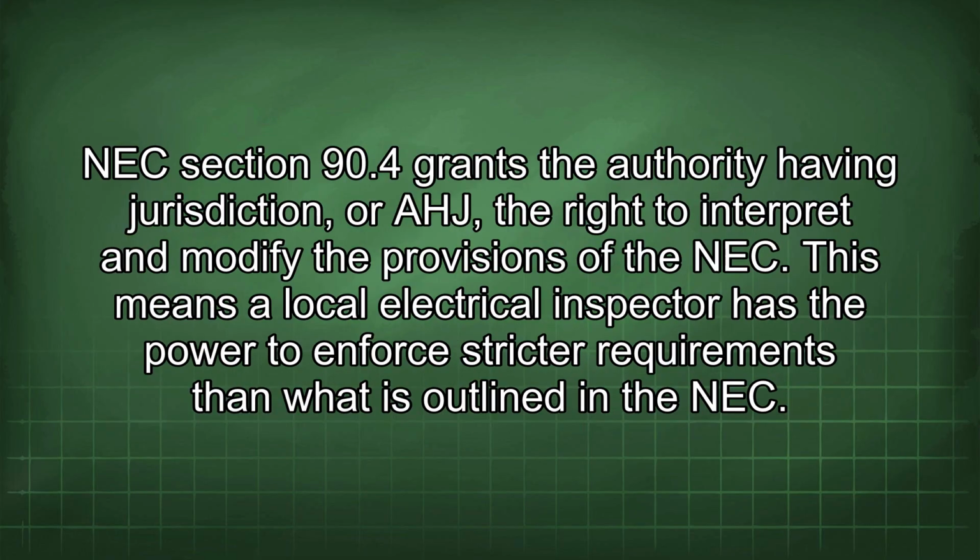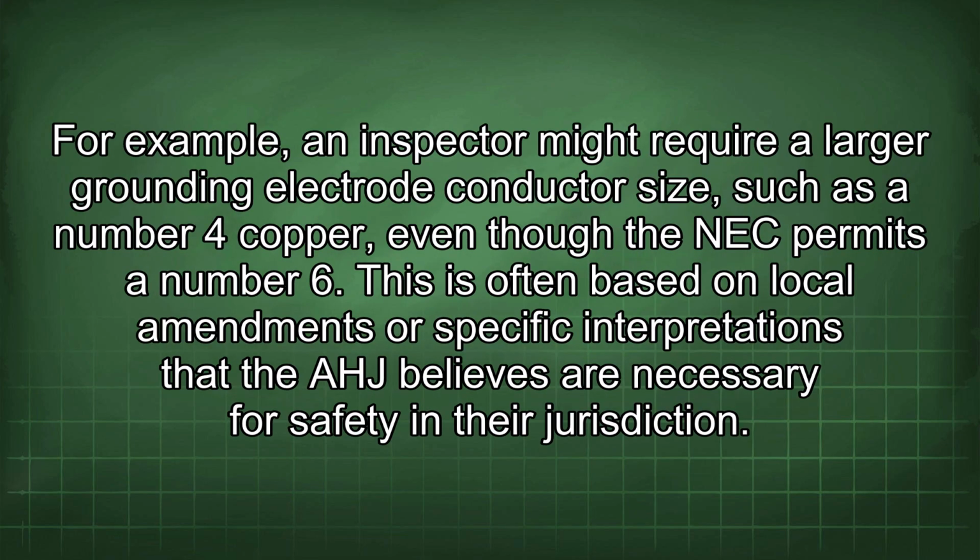NEC Section 90.4 grants the authority having jurisdiction, or AHJ, the right to interpret and modify the provisions of the NEC. This means a local electrical inspector has the power to enforce stricter requirements than what is outlined in the NEC. For example, an inspector might require a larger grounding electrode conductor size, such as a number 4 copper, even though the NEC permits a number 6. This is often based on local amendments or specific interpretations that the AHJ believes are necessary for safety in their